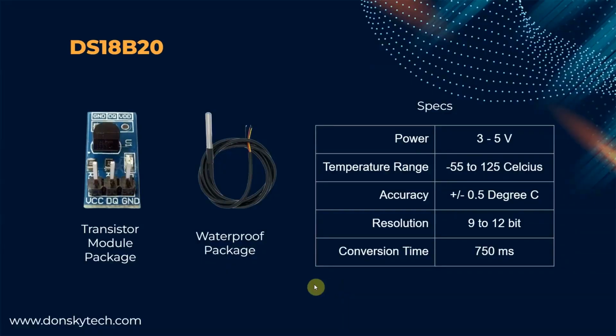Before we proceed, let's start by checking out first what the DS18B20 sensor is. The DS18B20 sensor was originally developed by Dallas Semiconductor and is an excellent temperature sensor with high accuracy. It has the following specification and does not require any external components to function. It follows the one-wire protocol, so we only need the data and the ground pin to communicate with it.